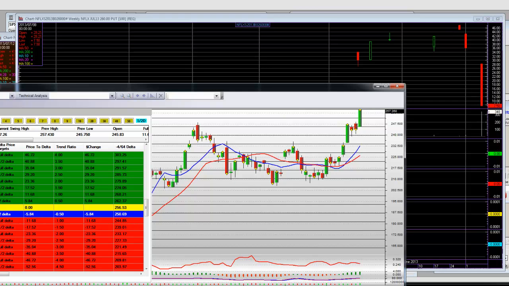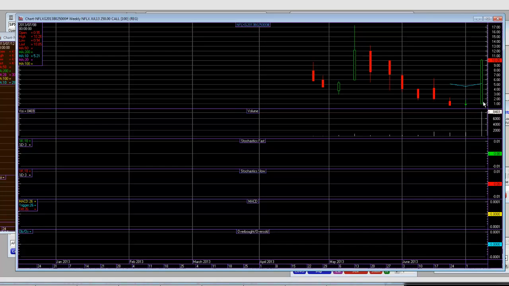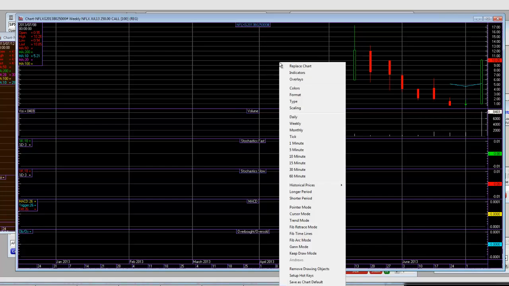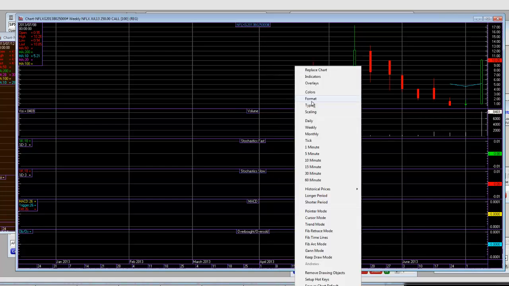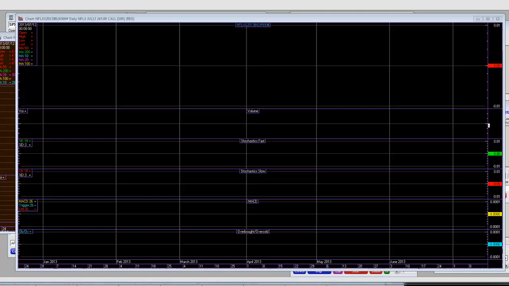They're way up here. If you take a look at a $250 call, it went from $1 to $10. This is a weekly one. If I show you on the daily, let's go to the daily. Now, this was a $250 call that was down here at $1. That went all the way up here to $6. Okay? That was on the calendar trading day, the lows and the highs. And so there's the 250 call. At the time, the 250 call was out of the money. So when we go to the $240 call,